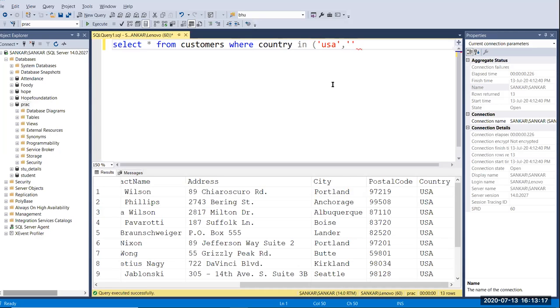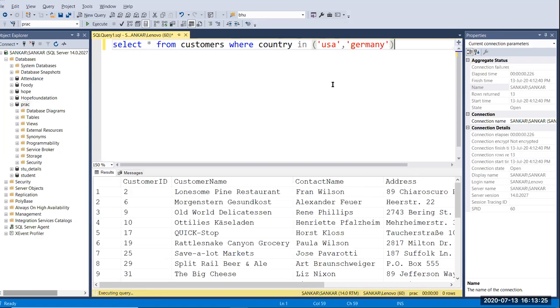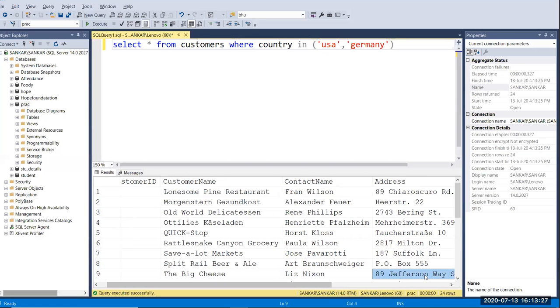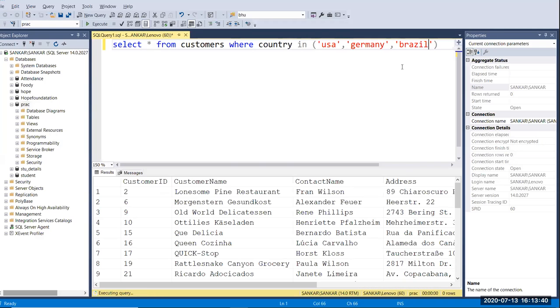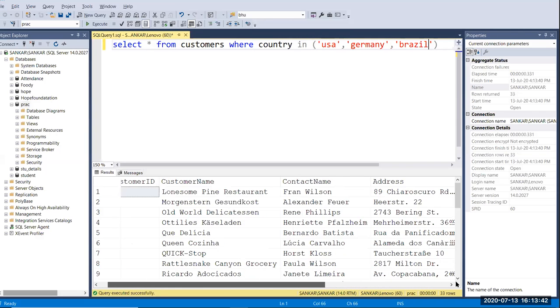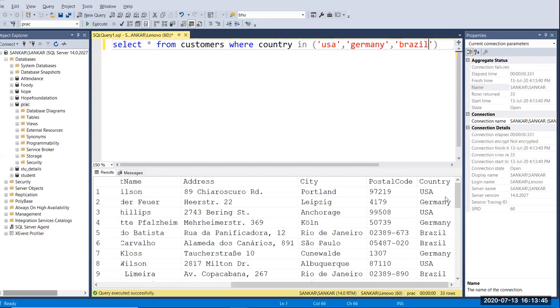So here I'm going to add one more country, that is Germany. Okay, so I'm going to run this. Now you can see here we have USA and Germany, right? So here I'm going to add one more, Brazil. We run this. Now you can see here we have USA, Germany, and Brazil also.